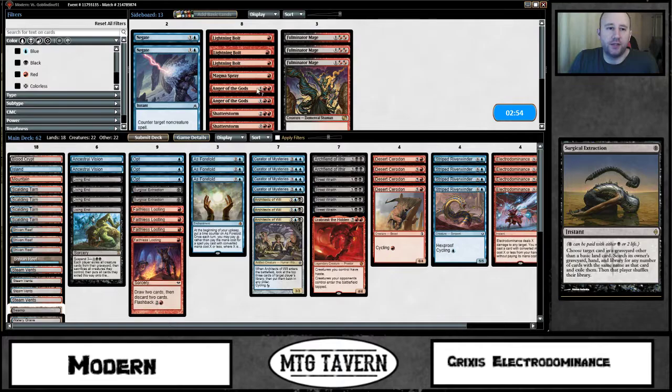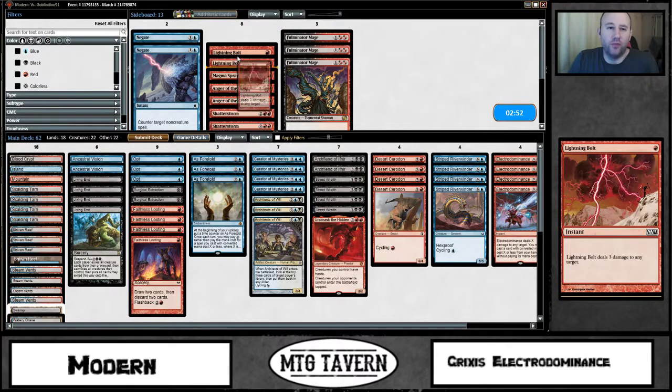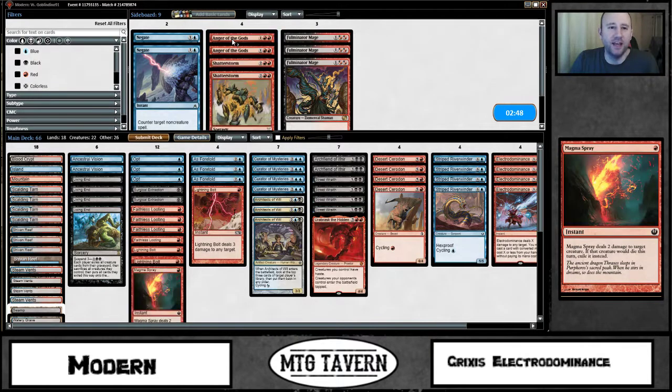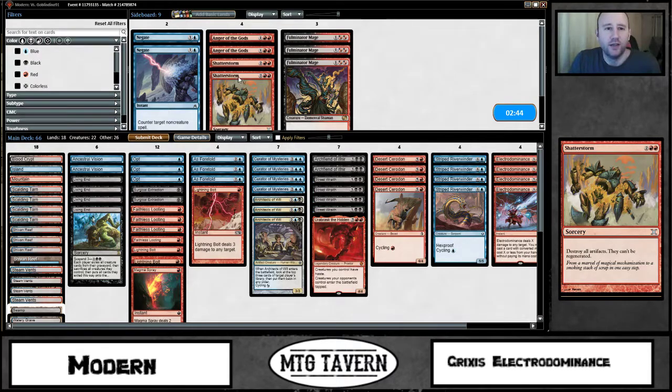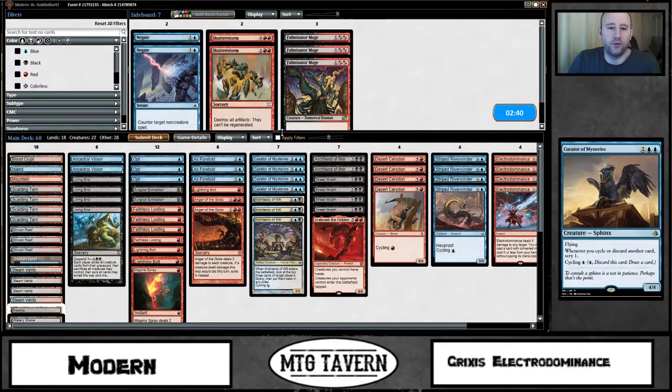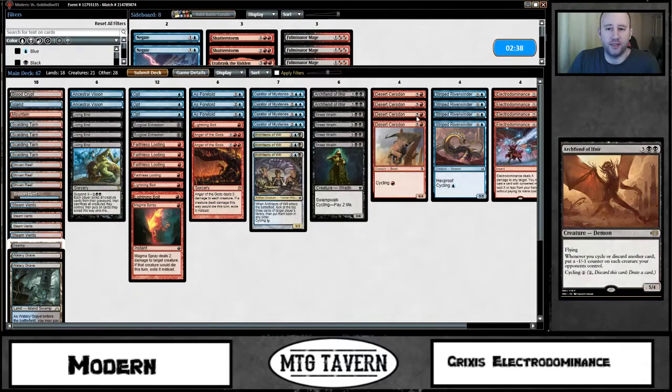Right, so we get Surgicals, we get... Bolts aren't terrible, I guess. Why do we have a Magma Spray in here? I didn't even realise we had that. Okay, we'll play with a Magma Spray. It works, I guess. Anger of the Gods is very good against this deck. So, I think we don't want Urabrask, and...